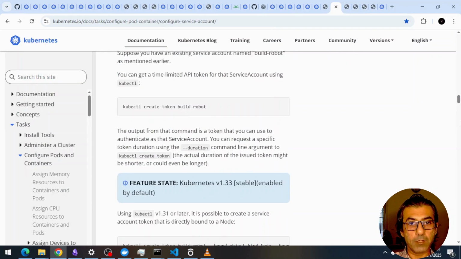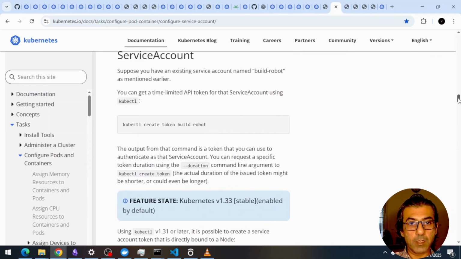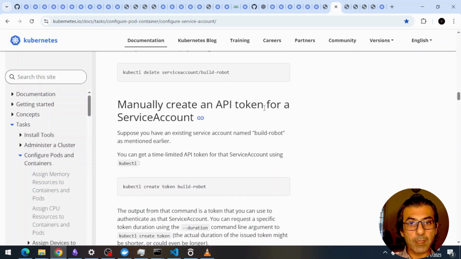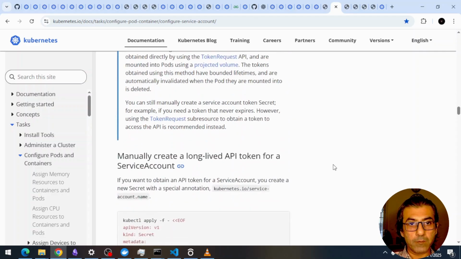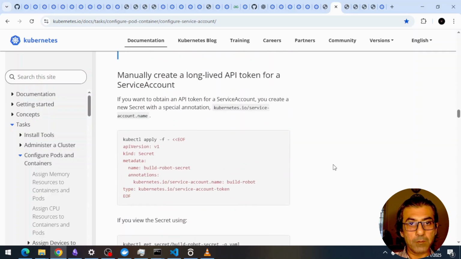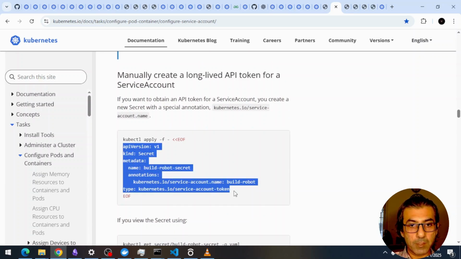We're going to come down and see how we can manually create an API token for a service account. It shows you the entire process of creating a long-lived API token so it doesn't get expired. So we just copy this